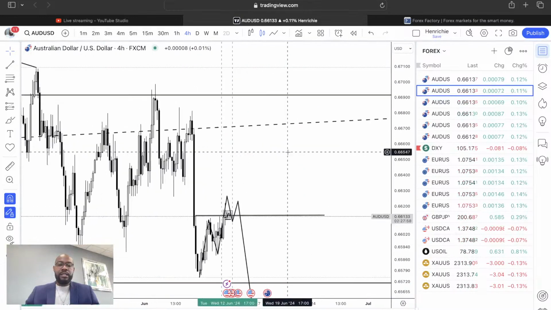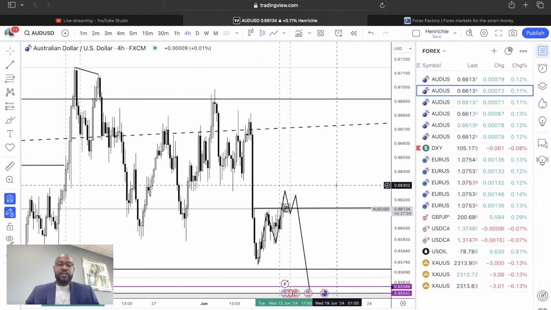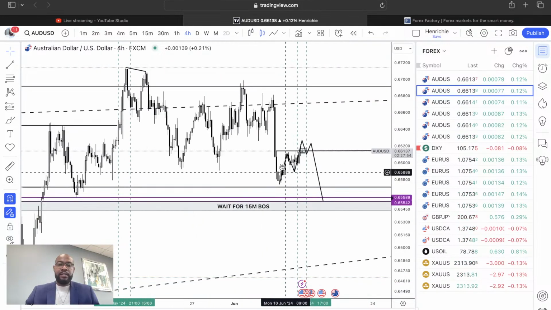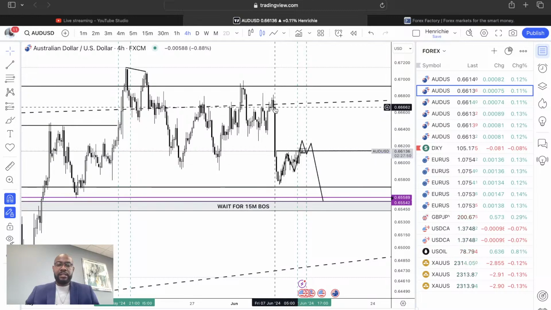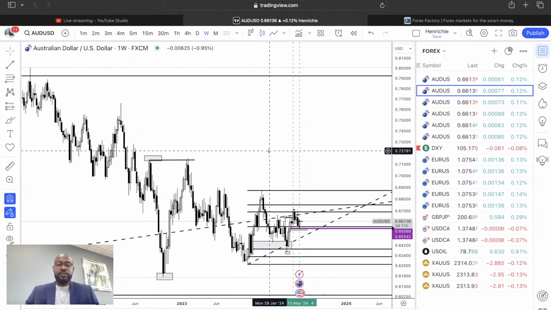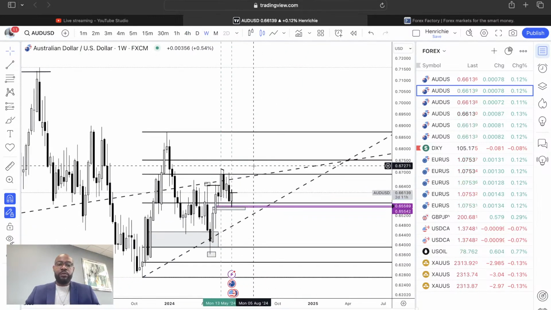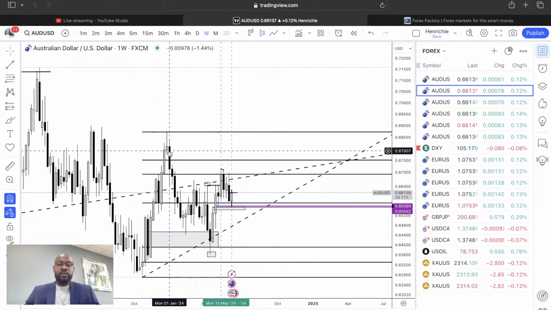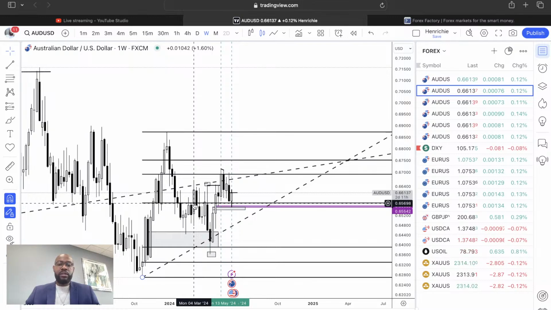So on Aussie, I said if the market is going to go to the downside, then this inefficiency right here will potentially be the catalyst to send price to the downside into this discount zone. So this is a weekly discount zone, and as you can see right there, if you use the Fibonacci from the low to the high, you can see the equilibrium is resting right here. Anything below the equilibrium is discount, and right here we also have an inefficiency resting below the equilibrium,